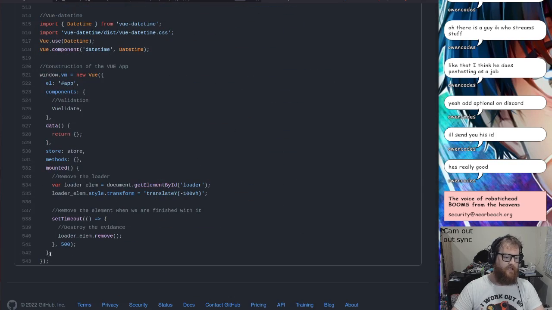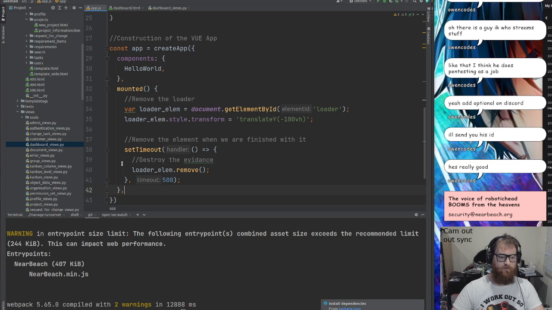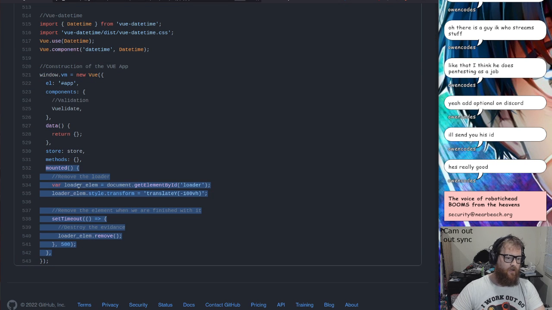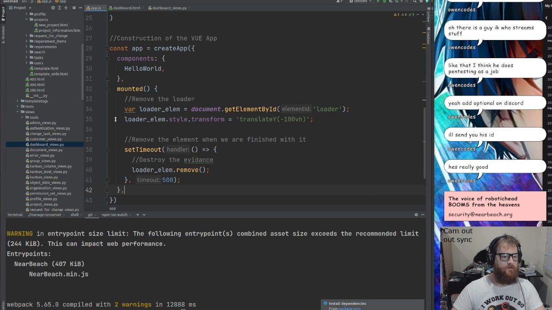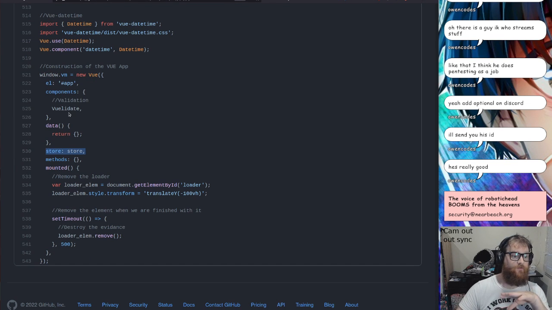So as you can see, when it mounted happens, it does stuff. So we want that stuff to happen still. We also want store in there. But for the moment, store's going to be commented out. That will happen with VueJS things. So now we're re-implementing